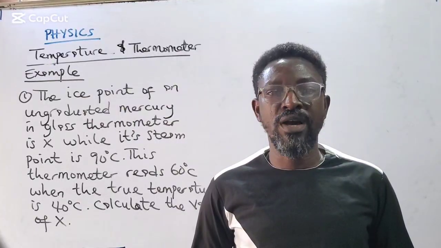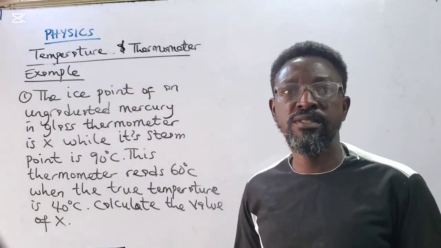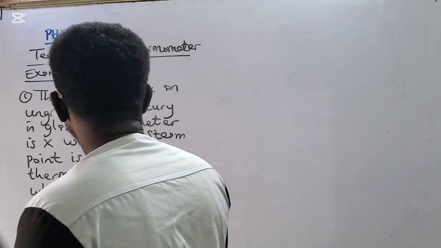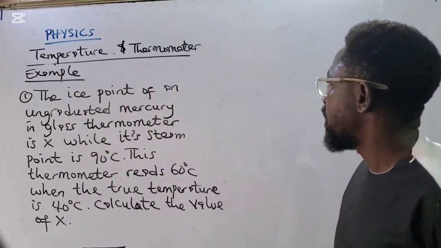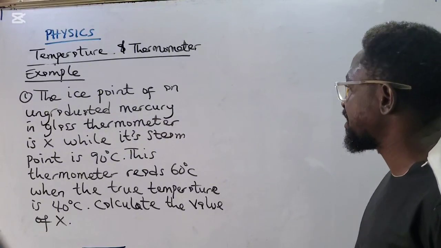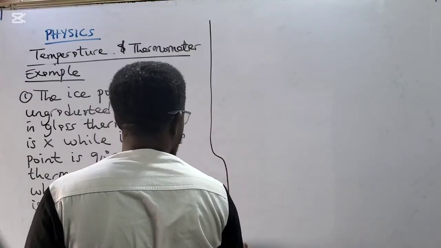Today, we are going to look at more questions under temperature and its measurements, specifically the thermometer. The first question we have is: the highest point of an ungraduated mercury-in-glass thermometer is X. Now, I've always told you when you have a question like this on thermometers,